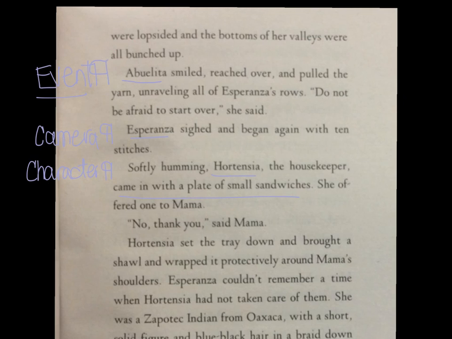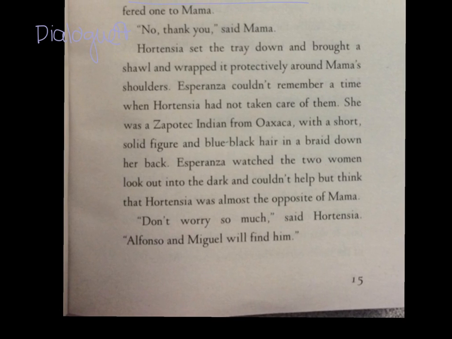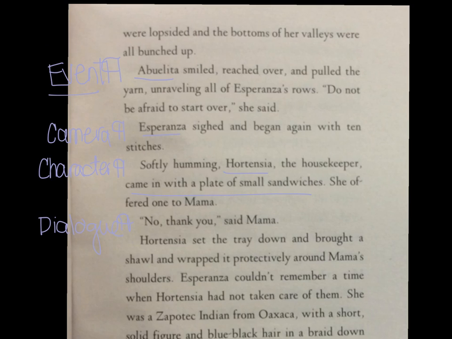Then if we look down, we have some dialogue. Mama's saying, no, thank you. And so that new person speaking is making it so that we need to change paragraphs. So just in that little half page, we see 4 different reasons that a professional published author has changed paragraphs